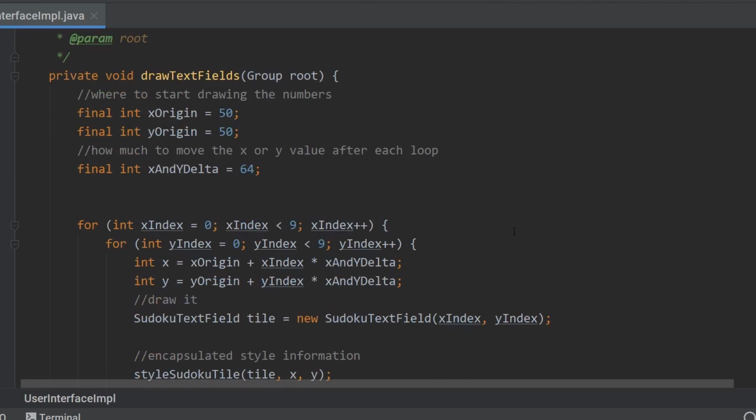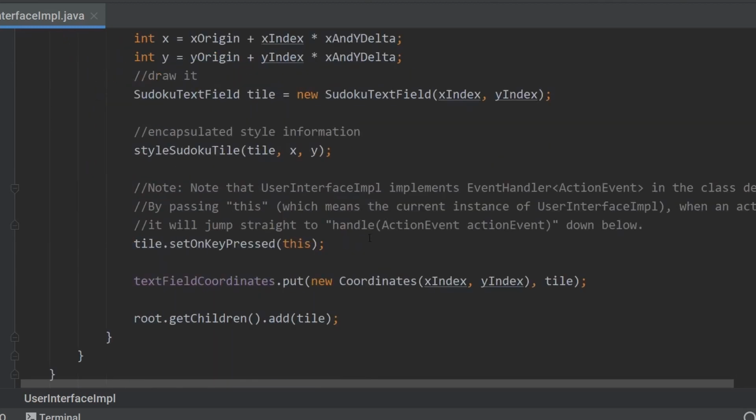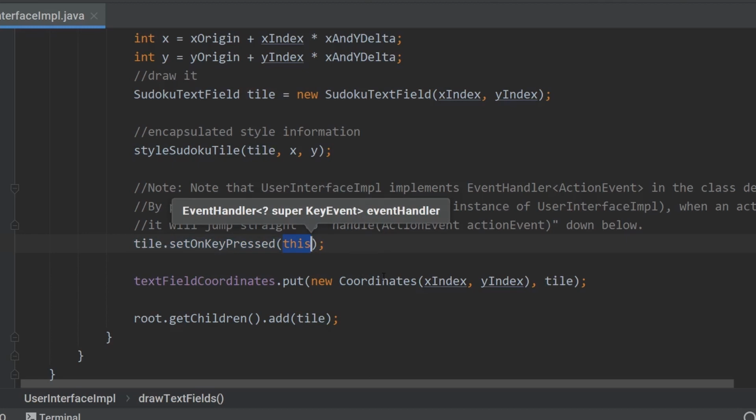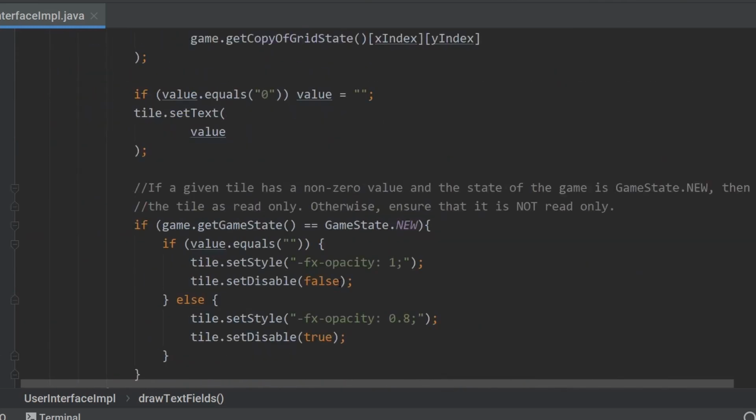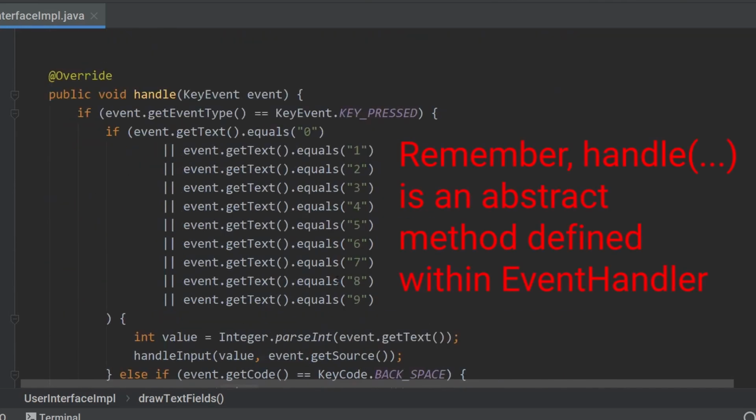In order to get this user interface class to be wired up to every different text field, I add this userInterfaceImpl class to every text field by using the setOnKeyPressed method. Notice how when I click between the argument brackets of this method, it tells me that it requires an EventHandler. Well, remember, this refers to userInterfaceImpl, and userInterfaceImpl implements EventHandler.